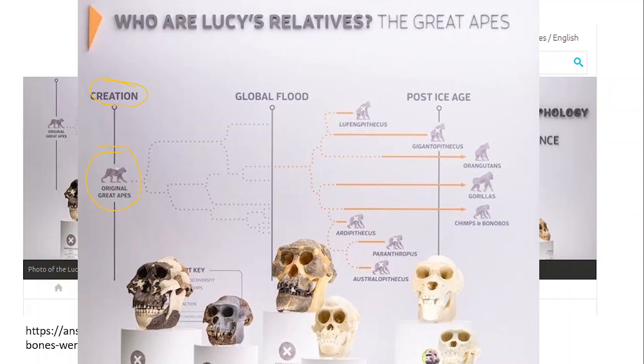But then they suggest that the original great apes, after Adam's sin, began to diversify, and they show all these different lineages into a bunch of discernible lineages of apes, right? These are in dashed lines because this is hypothetical: that before the flood, apes diversified into a variety of different apes. But of course, the Great Flood was the great divider in terms of world history, and Noah preserved